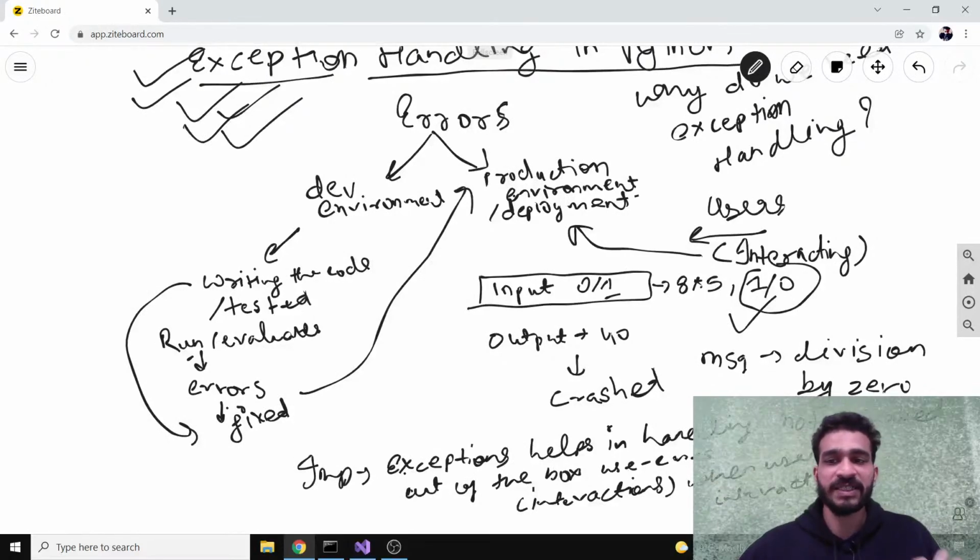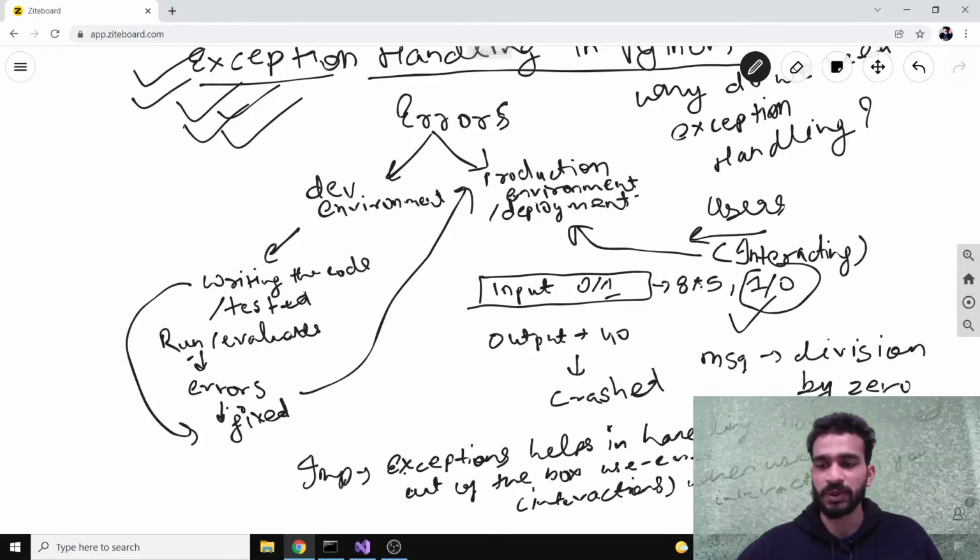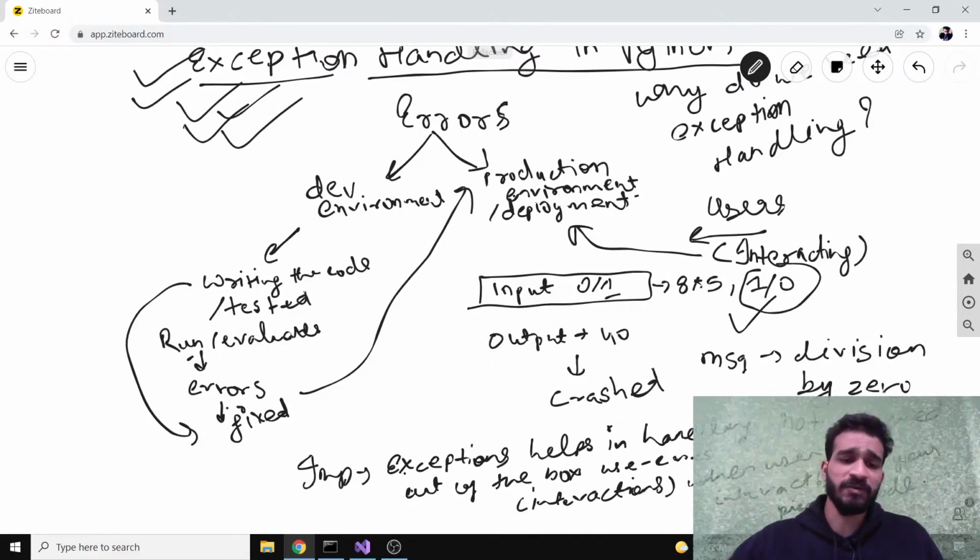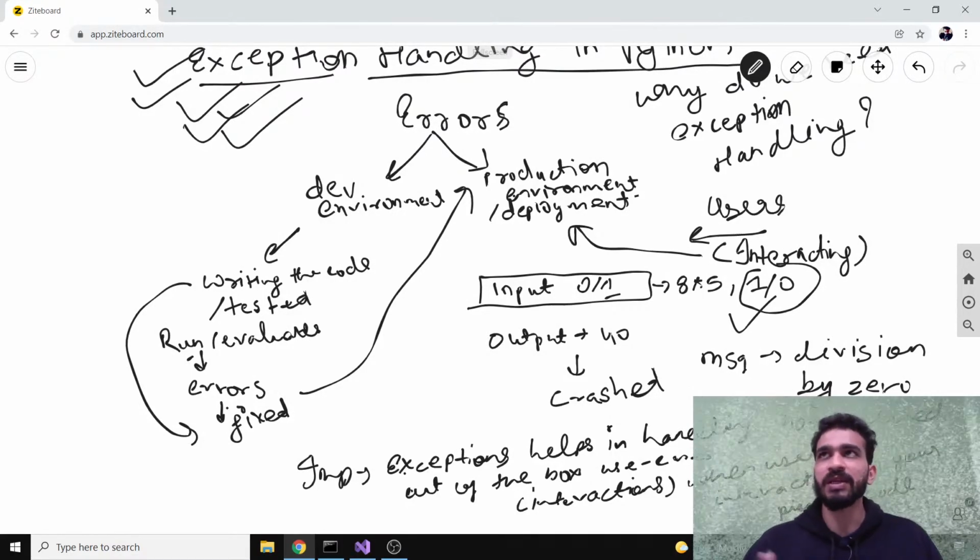This is where it finds its main use. You can also use exceptions even in your development environment, but the main use case comes when